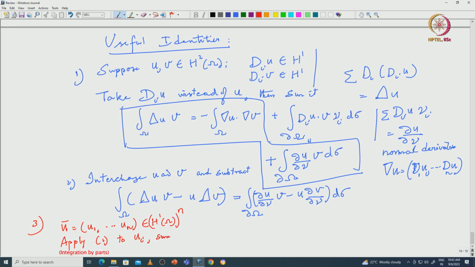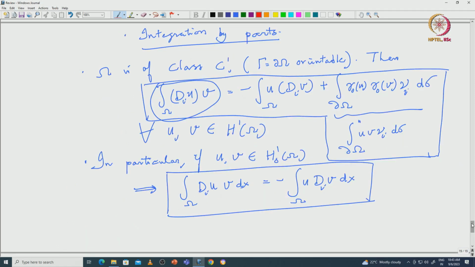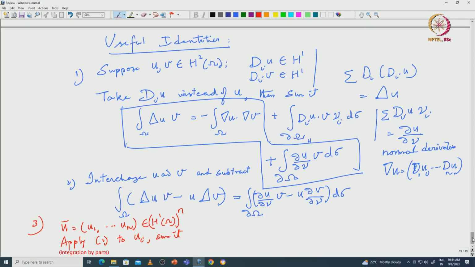This equation may be useful if you do Stokes systems. If you go back to the first equation, you have di of ui, that means dui by dxi summed, and that is nothing but the divergence. So you will get the integral over omega of divergence of u bar times v